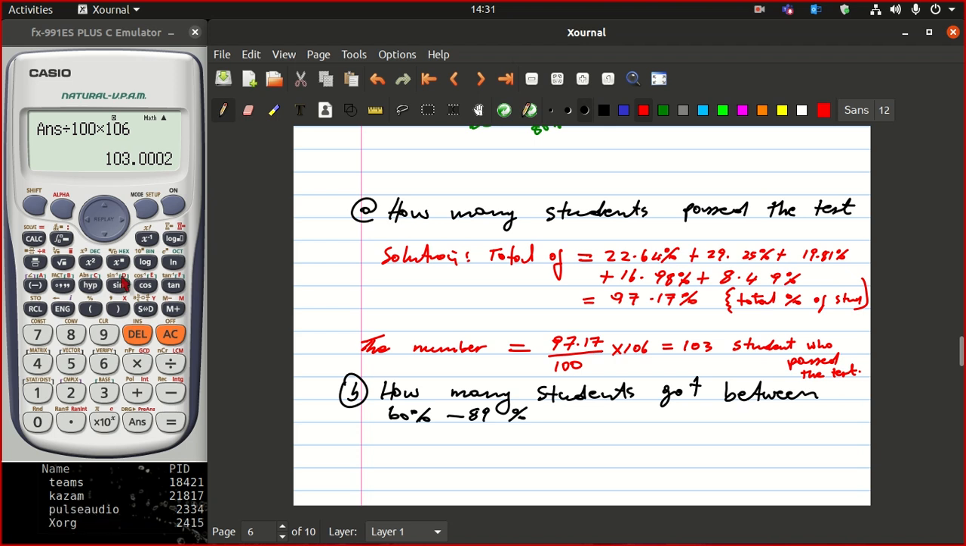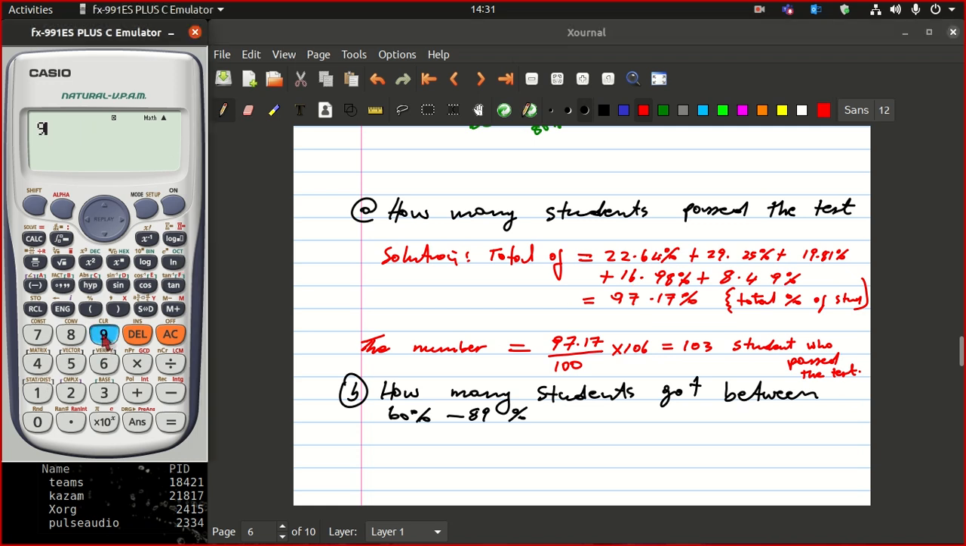Now, let's say you were just having a multiple choice question, all you needed to do here is to just say 97.17, and then you add this percent. This is a percentage sign which you get by shifting and pressing this symbol here. And then after that, you can just put this inside the brackets and multiply